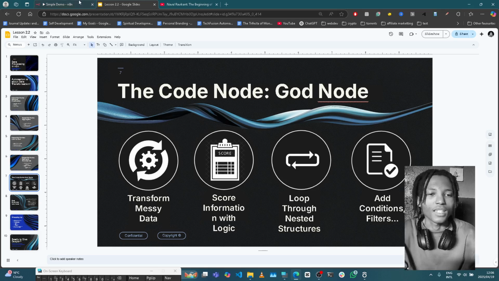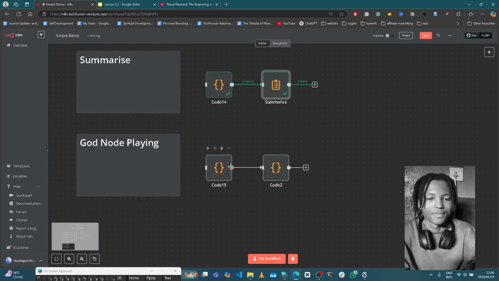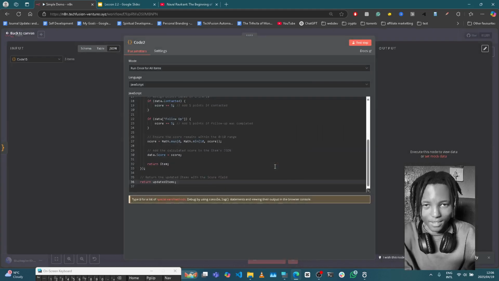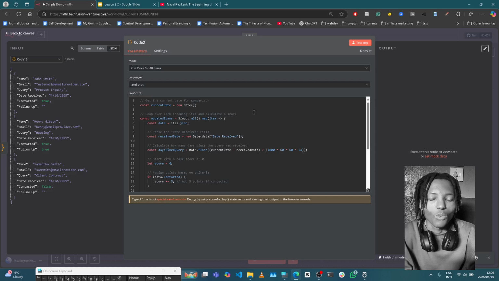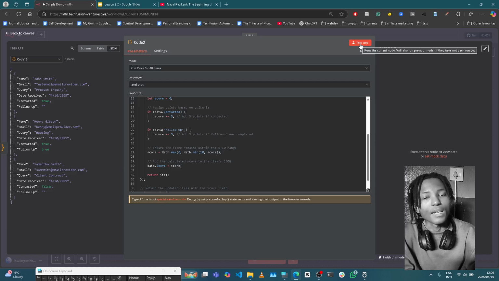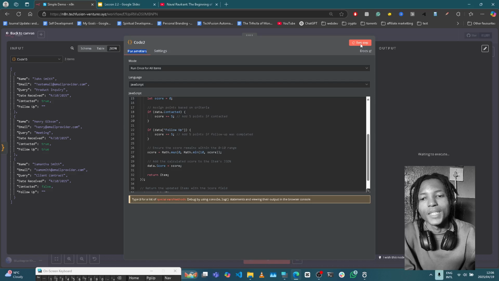Let me just show you an interesting application. Again, this is the same three items that are flowing through. It's Samantha, Henry, and John. But what we're doing here is we want to score them based on their perceived value. So it's based on the date that we received the information, based on whether or not we contacted them and we're now following up on them. Now you'll see something interesting happening where it'll come up with,